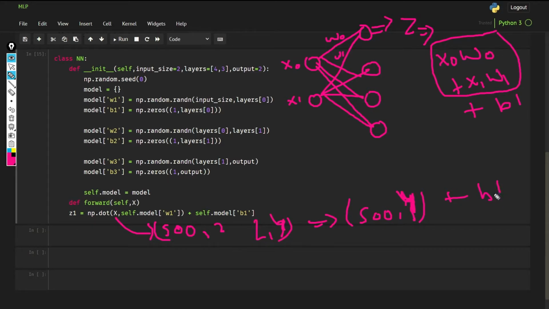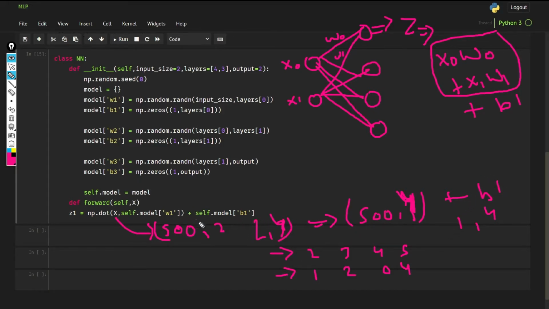So now we have b1, and the shape of this is going to be nothing but 1 by 4. Let's suppose we have something like this: 2 3 4 5. Then we have another example, let's say 1 2 0 4. So let's suppose out of these 500 by 4 we have the first two examples, in which we have 4 columns. Okay, and now we have our b1.